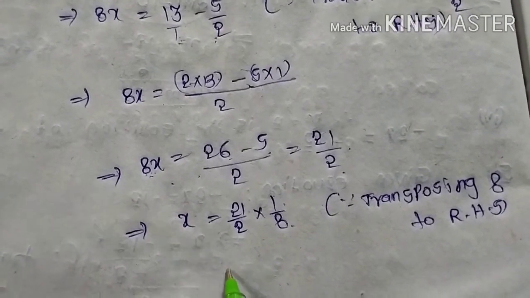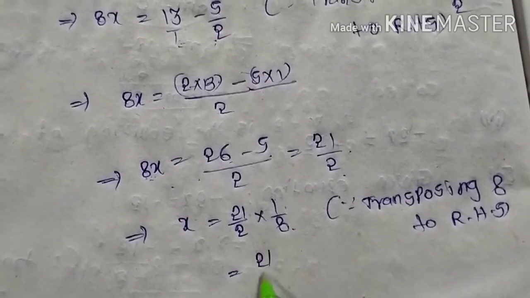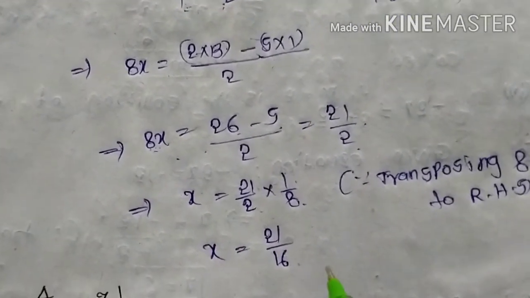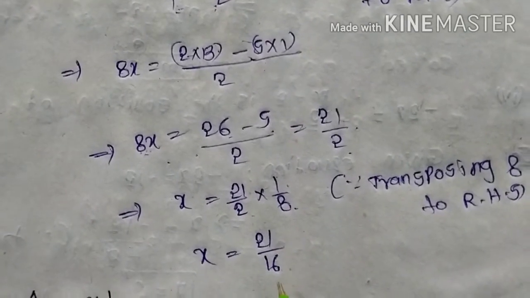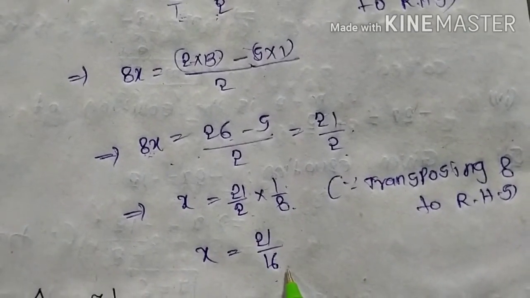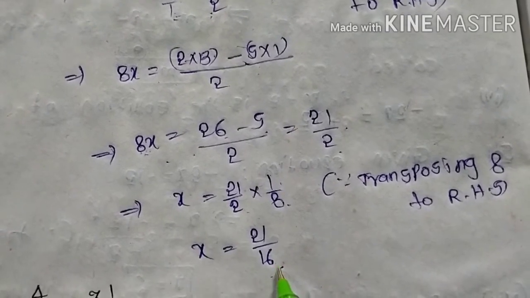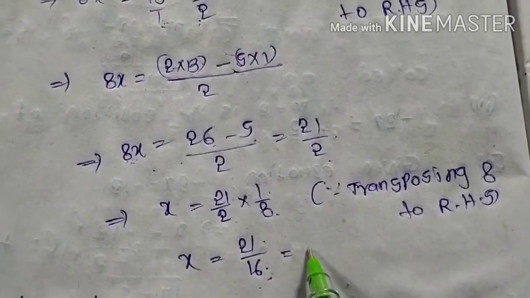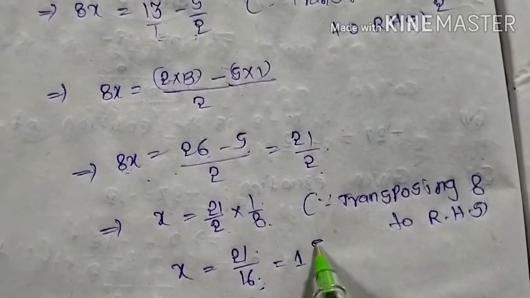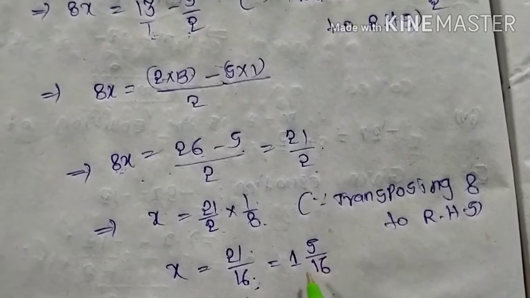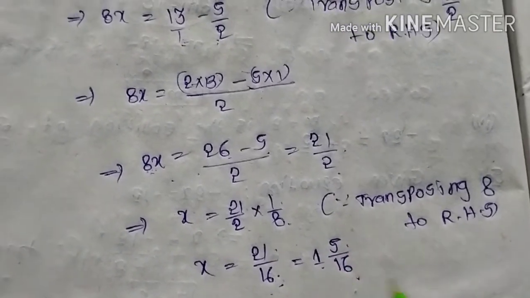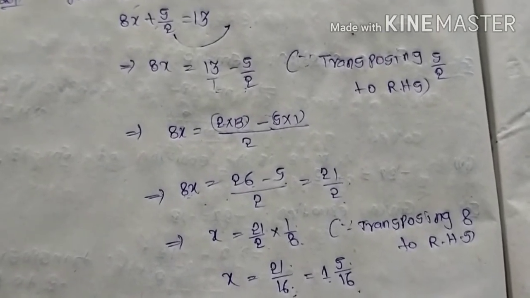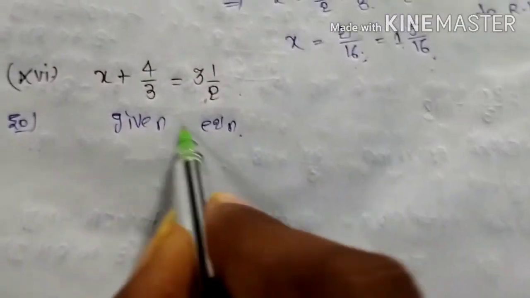See here, is there any possible simplification? Not possible. You can write it directly 21 by 8 2s how much? 16. See here, x is equal to how much your solution? X is equal to 21 by 16 is your answer. If you want, you can convert it into mixed fraction. See, it is an improper fraction or not. So that can I write here 16 1 ja 16. Remainder is how much? 5 by 16. 1 5 by 16 is your answer. X is equal to how much? 1 5 by 16.